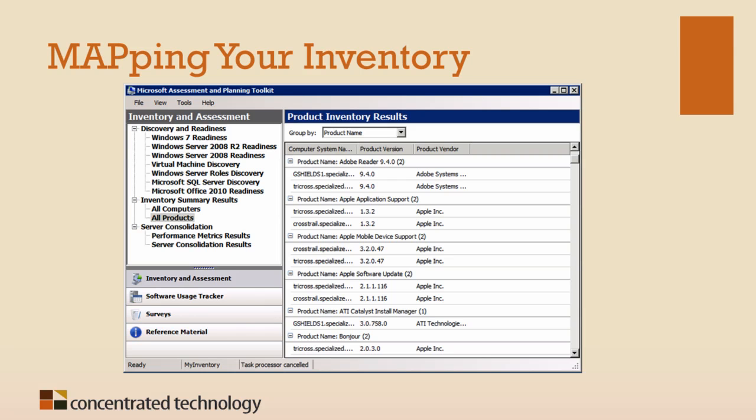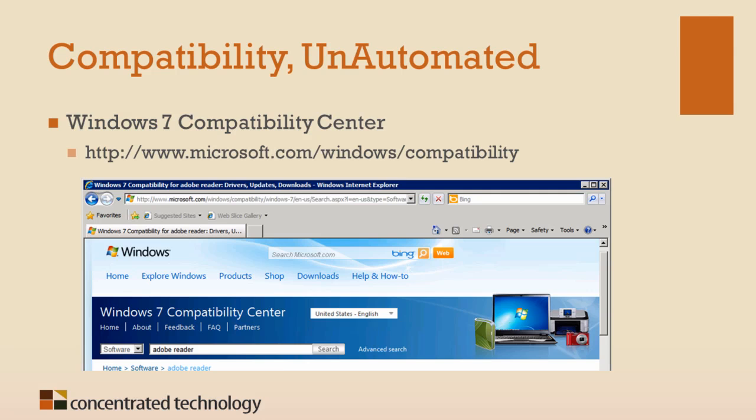Now, okay, Greg, that's great. Having a report is wonderful, but what do I do with this stuff? Well, the notion is that once you have the list of software in your environment, the next step is to write those pieces of software down on a piece of paper, or to hit the print button, or to put it in an Excel spreadsheet or whatever, and then go look up that piece of software in the Windows 7 Compatibility Center. Online at Microsoft.com/Windows/compatibility is a list of all 666,000 applications and their application compatibility status. So for Apple Bonjour, go scroll down and, okay, Apple Bonjour,